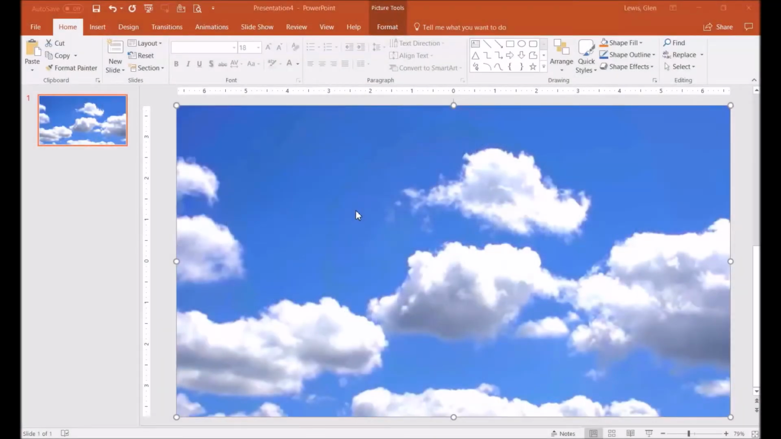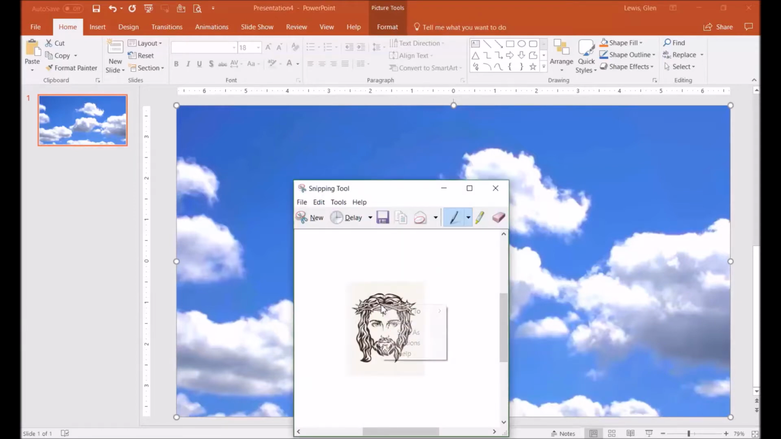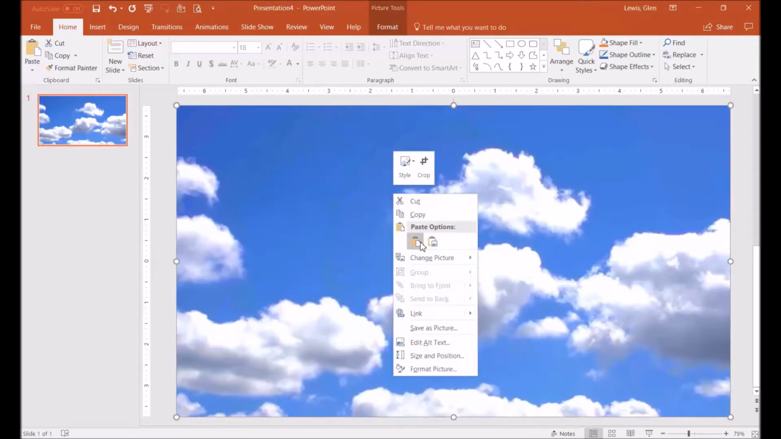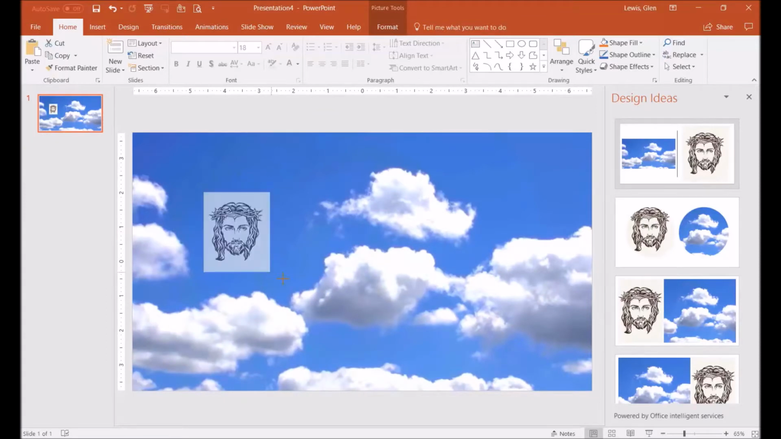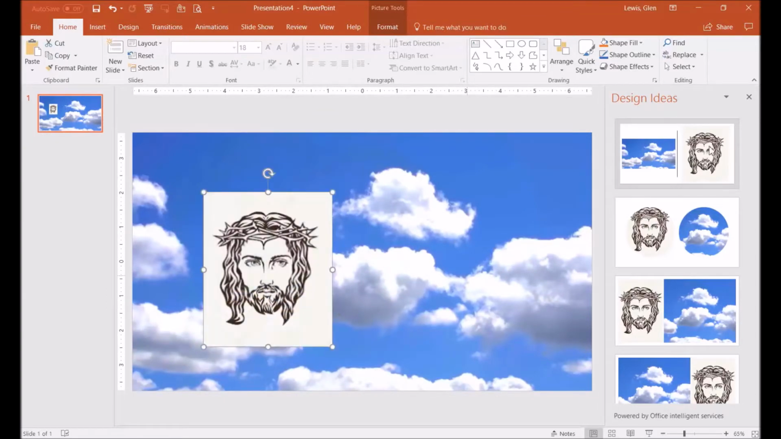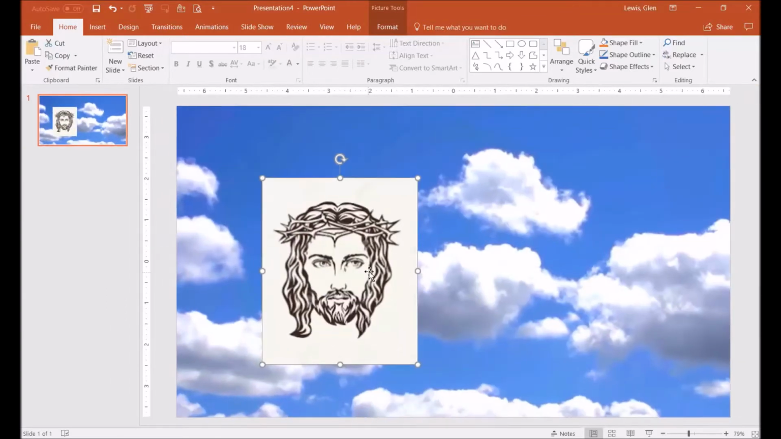I just took a picture of it and pasted it here on PowerPoint, and I took this picture here also, and I'm gonna paste it. So I want to make this picture transparent, maybe about that big, so you can size it. So what I'm gonna do,